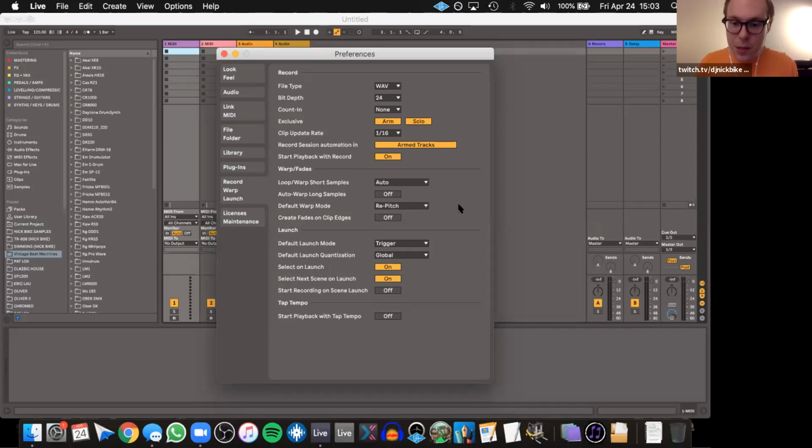If I have it on Beats and it's being sped up or slowed down, it could sound kind of weird, like kind of chopped up. I just want it to sound normal-ish, whether it repitches or not. Again, that's your pick, but just something to look at. This is a big one right here.